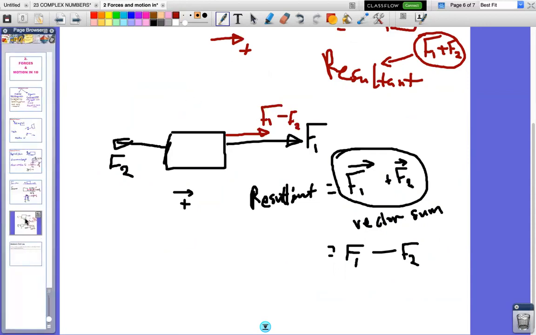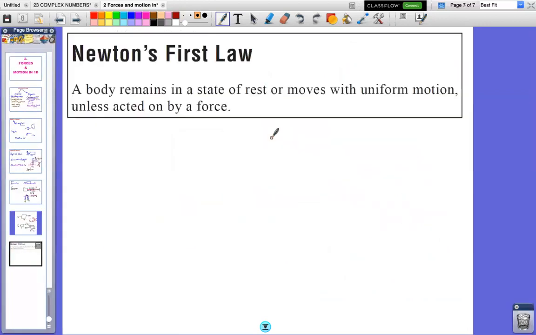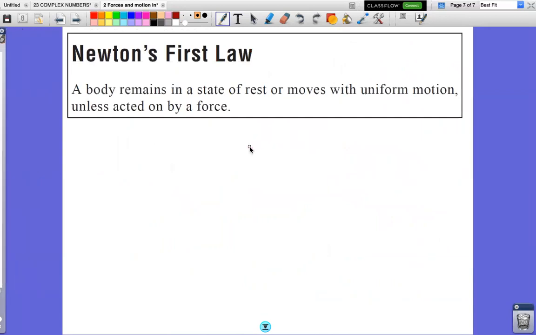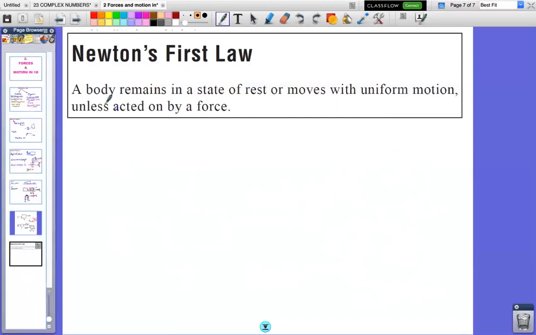Is there anything else I forgot? I'm very happy that you mentioned resultant force there before we can move on. Newton's first law of motion is the main thing to talk about today. And it's a very interesting statement. It just says that